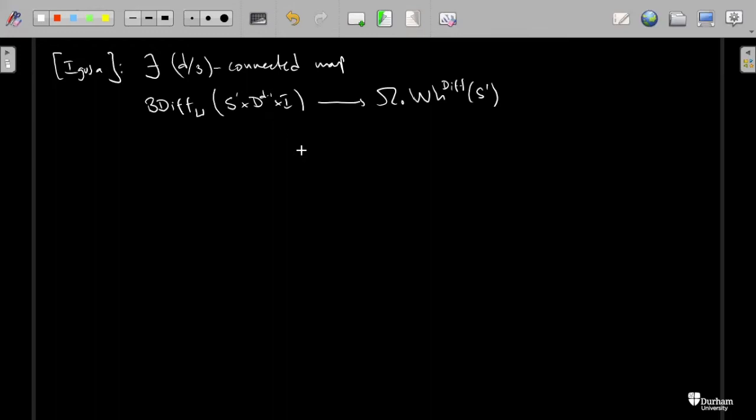Now this symbol here means that you're taking diffeomorphisms of this cylinder. So this is S1 cross the interval here. And then these are diffeomorphisms which are the identity on this side here, so this exterior boundary, but they are allowed to move the top, right? So the top can be moved, and by restriction to the top, you get a map to Diff